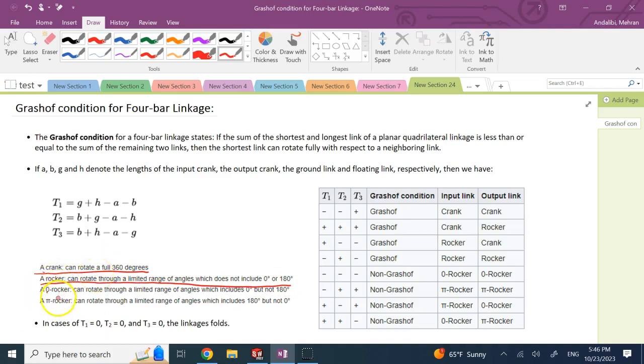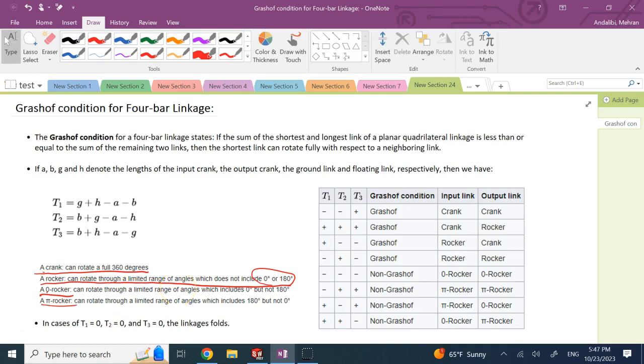And there are other scenarios for rocker. The rocker is an oscillation between two angles, but none of the two end angles are 0 or 180. If it can go through one of those angles but not the other, for example, it goes through 0 degrees but not 180, we call it a zero rocker. And if it can go through 180 but not 0, we call it a 180 or a pi rocker. So again, the main question is under what conditions these different types of this mechanism can do the